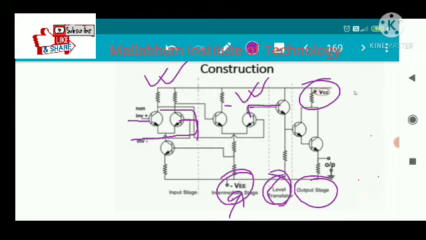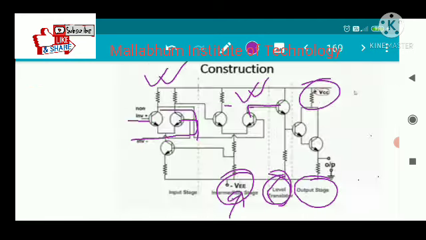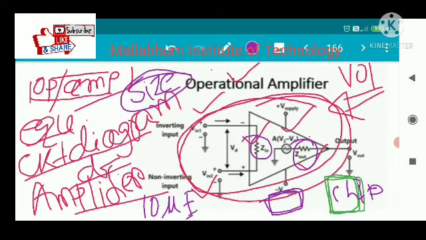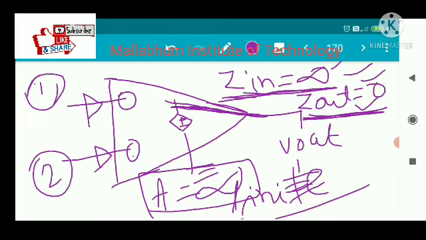And for the ideal mathematical model, the ideal op-amp case, what happens? This is the ideal op-amp circuit. We have a voltage amplifier, and for the ideal voltage amplifier the input resistance is infinite and the output resistance is 0. So that's why we have shorted the output resistance. There is no output resistance here, but previously there was an output resistance. And also the Zin here is infinite, no wire is connected between these two.